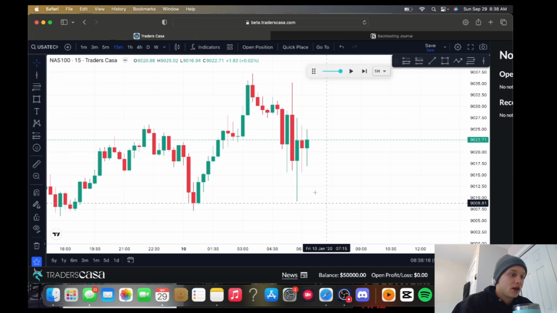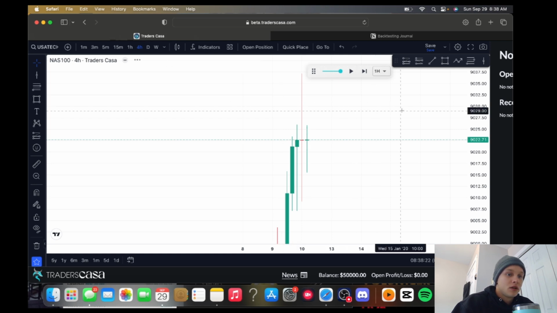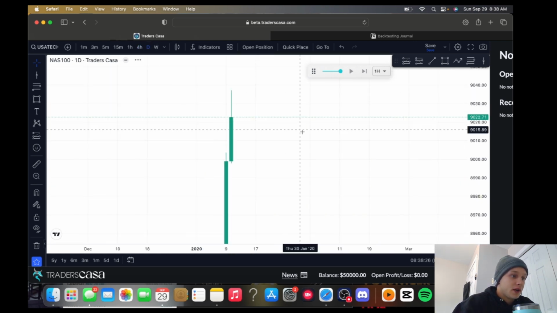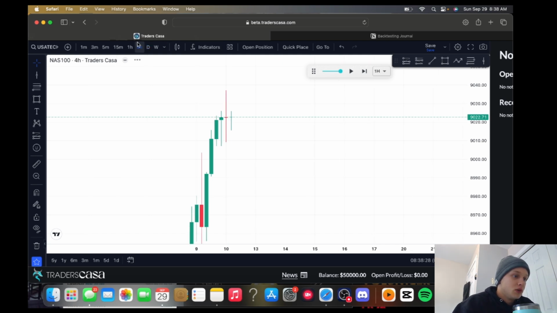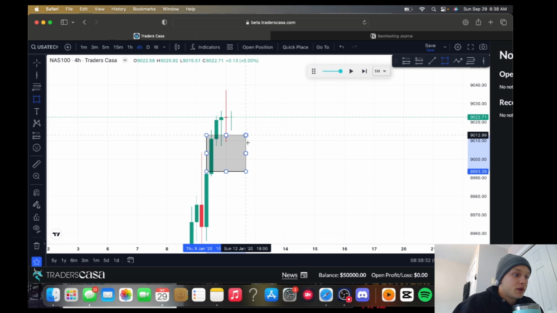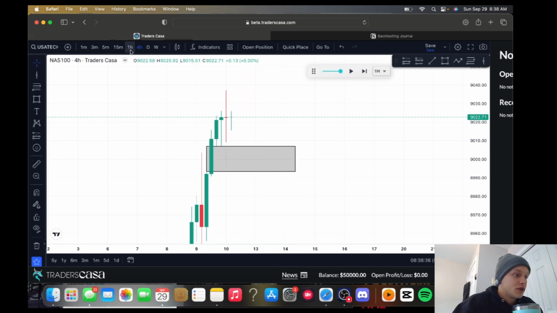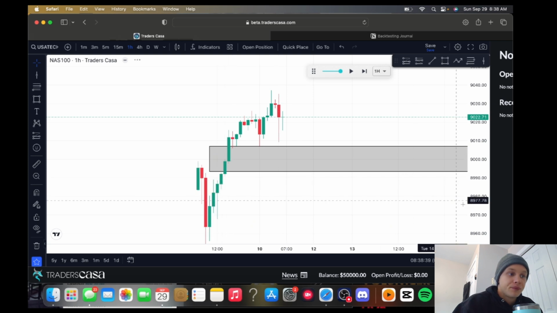Alright, so now we got the last day, which is Friday. And we'll take a look here. So obviously we're bullish because we're at all-time highs. So pretty much bullish. We have this 4-hour fair value gap right here with equal lows below. So definitely open to taking a short to that if we can possibly get it.